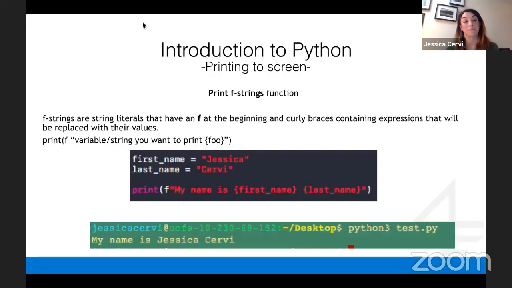So the syntax is very similar to the previous print statement that I showed you, except that now you have the ability to pass variables inside your print statement. So for example,